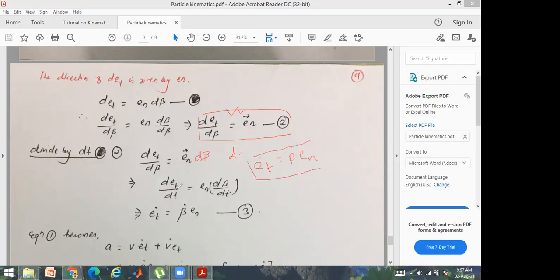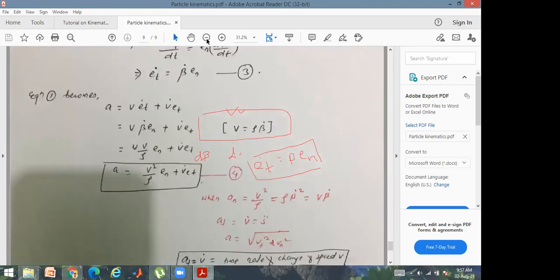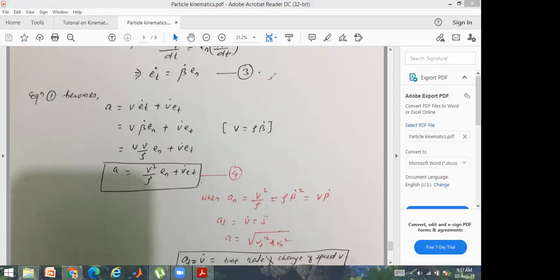Right? b dot en. Hence, our equation was v e dot t plus v dot et. In place of et, what can we write? We can write b dot en, and vet will remain vet. And b dot, I can write as v by rho. Hence acceleration a will be equal to